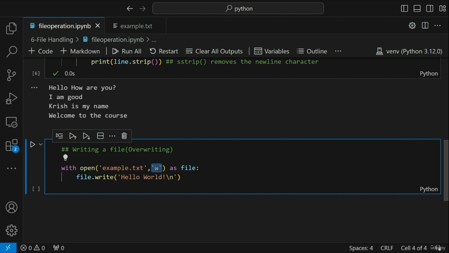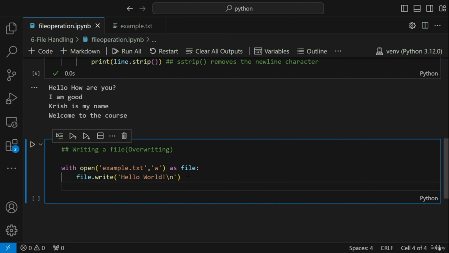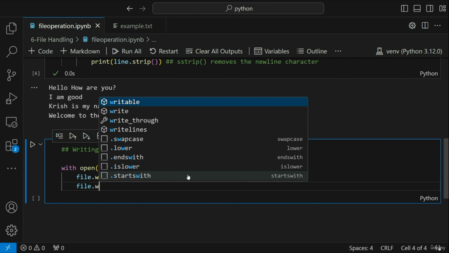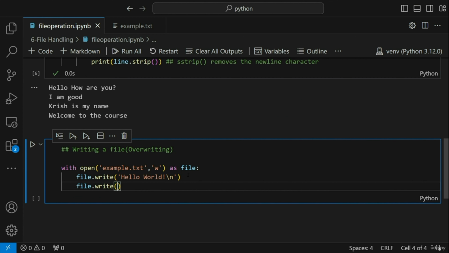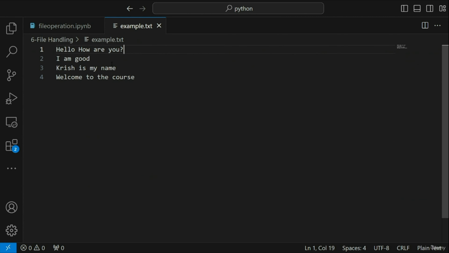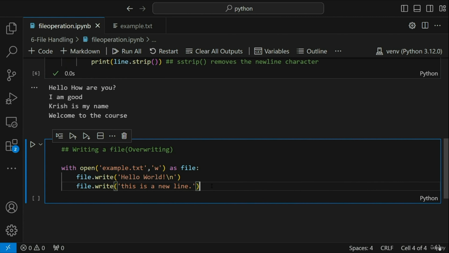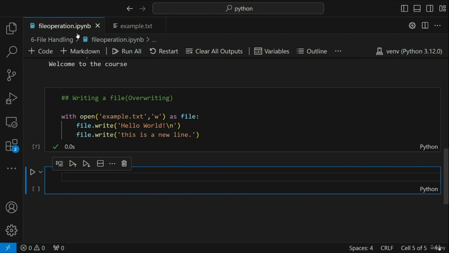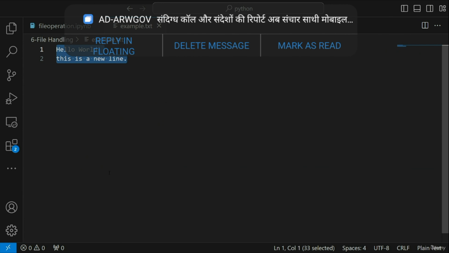Now this is the first line that I'm going to add there with a new line, and then I'm going to add file.write. This is again a new line, so let's say I'll write this is a new line. Let me execute this and see what will happen. As soon as I execute this, already in example.txt I have this content. So if I execute it, here you will be able to see that the entire content got